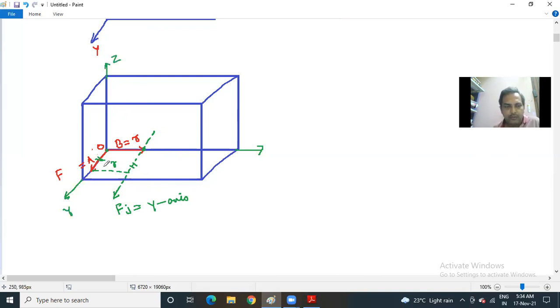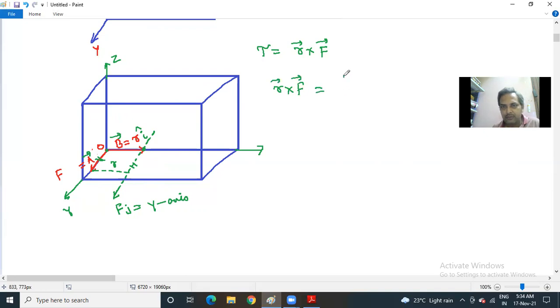Okay. So we'll check in which direction the torque will be, because torque is an example of a cross product between two vectors. What are the two vectors? R is one vector, the position vector, instead of vector B. A is the other vector; instead of A, we have taken force. So this is the mathematical formula of torque. Let us find out in which direction the torque will act. The position vector is along the x-axis, with an i component. So R cross F